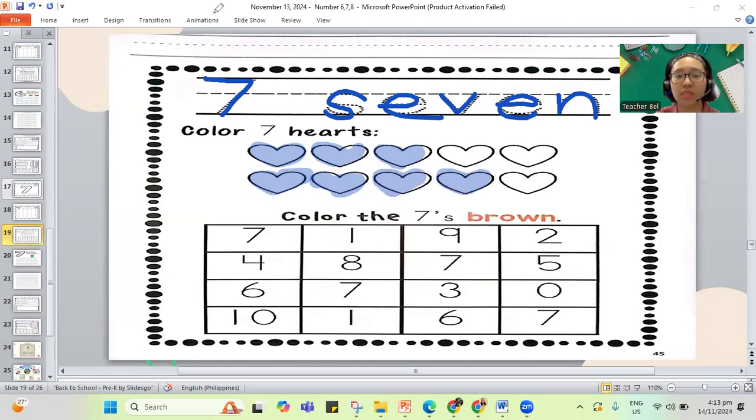Now, it says here, color the sevens brown. You have to color your number 7. This is 1, this is 2, 3, and 4. 4 number 7s, and you should have colored it brown.